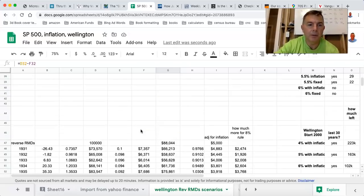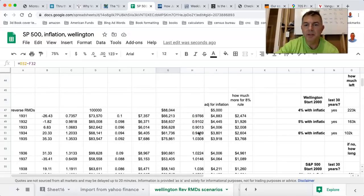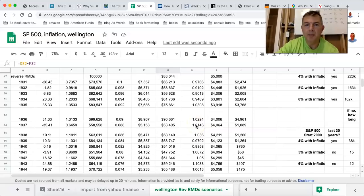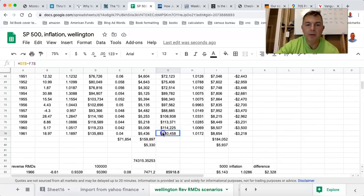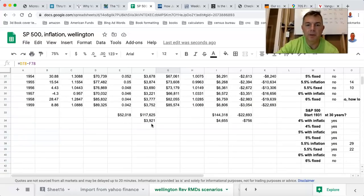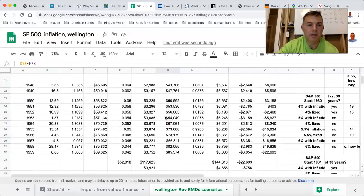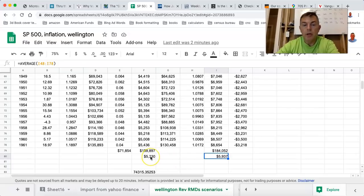If we go to 1931, I mean, look at this, here's 5%. It just gets better and better and better because not only do you not run out of money, but you have 130,000. Yeah, 130 right there. Is that 1939, 1930? Right there, you still have 130,000 to your name. So you took out on average $600 more with the 5% rule over the course of each and every year, but you still have